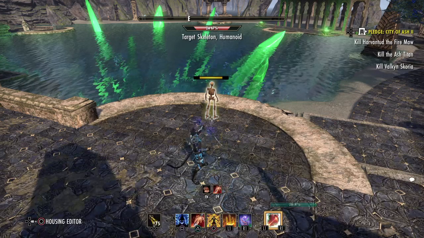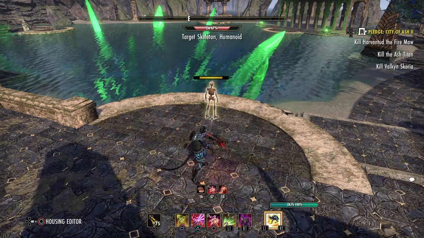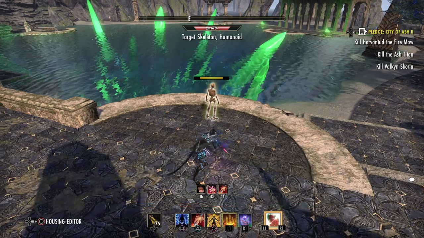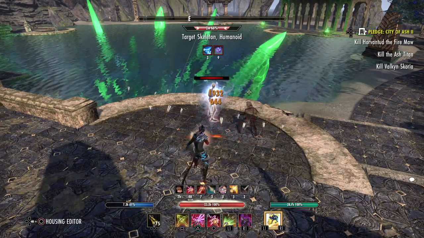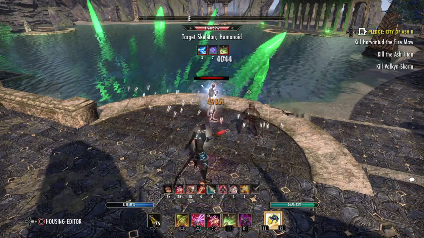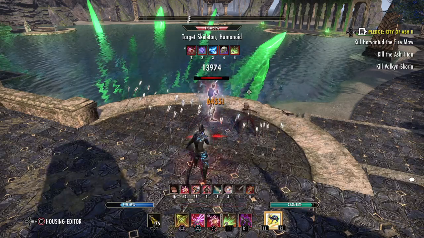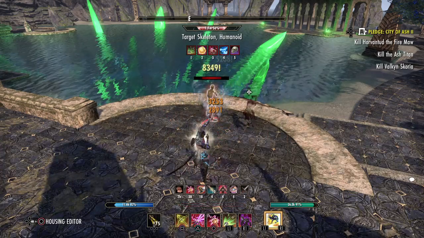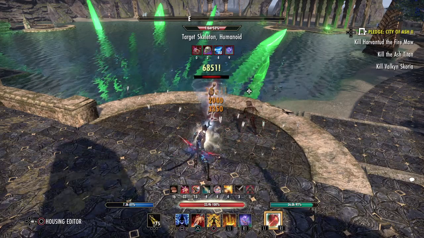Now for the rotation, really simple. You just want to make sure your Relentless Focus and Siphoning Attacks are up, and then what you do is, on the back bar, Endless Hail, Dark Shade, Consuming Trap, and on the front bar, Poison Injection, and then you just spam your Lethal Arrow until your bow procs, then obviously you use that, and then you keep on spamming your Lethal Arrow until Endless Hail runs out, and then you recast Endless Hail, Shade, Trap,